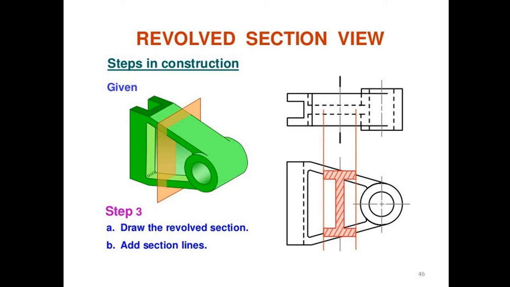The cross section of this component is an I section. The projection lines, and where it is cut through those projection lines, are shown in the front view, and in the top view the revolved section is shown. The one main thing is that a revolved section is used only for better understanding of the shape, size, or geometry of the component. The cutting plane is taken, rotated by 90 degrees, and its revolved section is drawn.